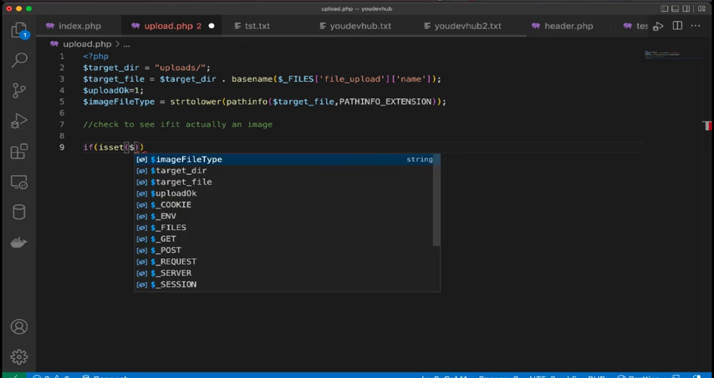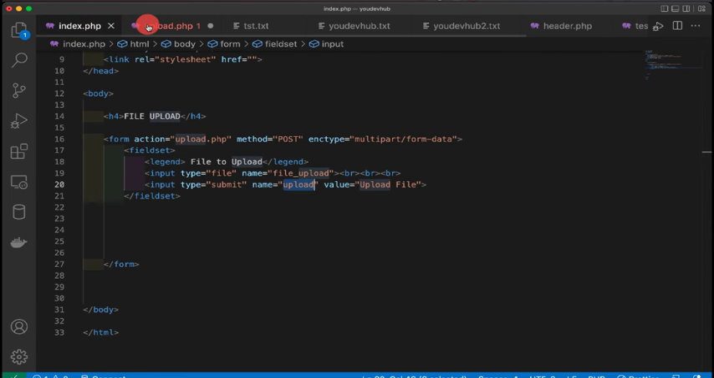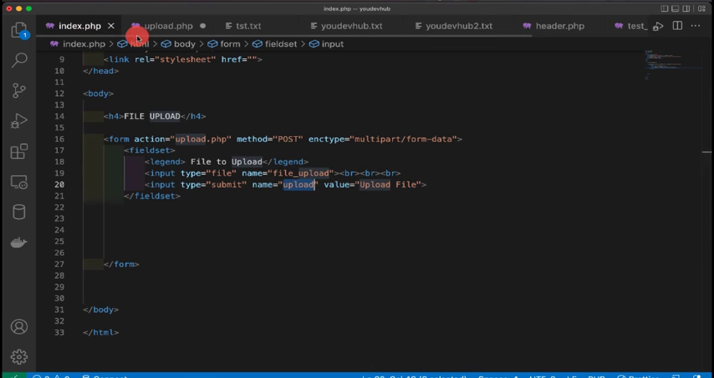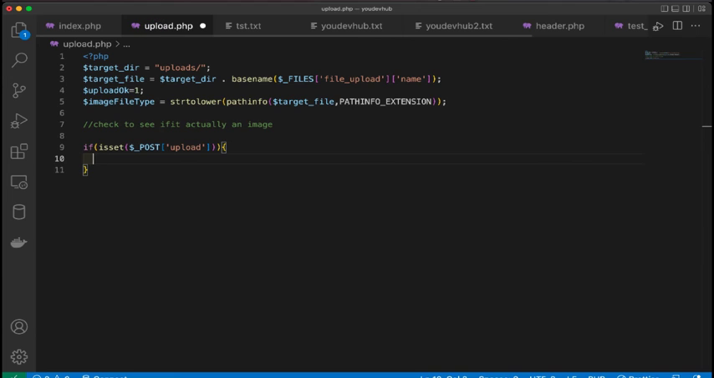So if it's set, post, since we are using a post method to get the form from PHP, we are going to use post of upload. I think it's upload, right? Yeah, upload. So if it is set, the post of upload, that is to say if upload is clicked, then check is equals to